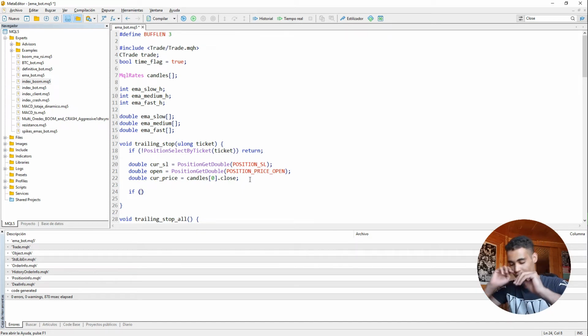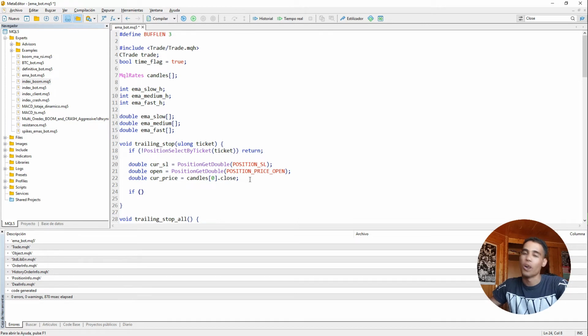First of all, okay, if the current stop loss, let's say that we are in a buy, if the current stop loss plus a margin that we are going to establish, if the current price is between this range, we are not going to modify the stop loss. Like the stop loss is going to continue where it is. But if the current price is above, in the case of a buy, we are going to modify the stop